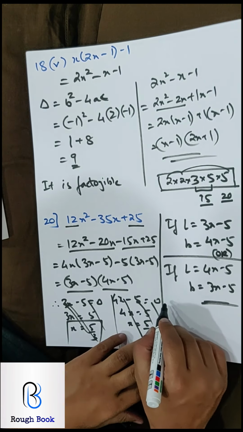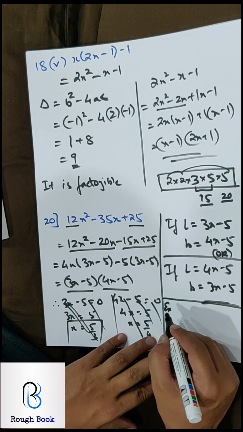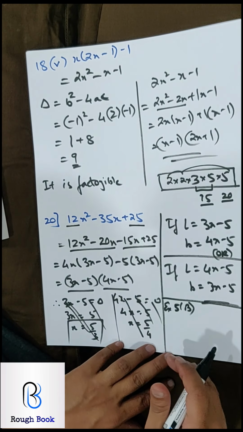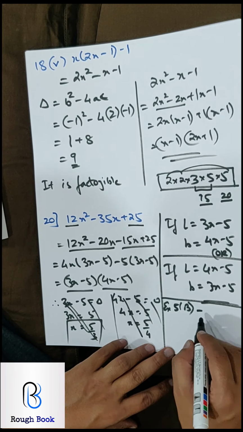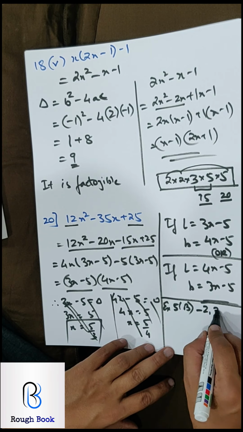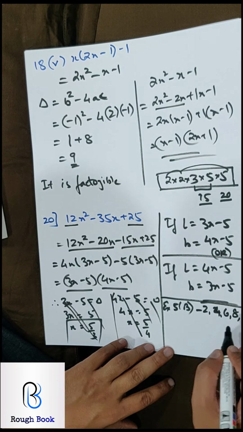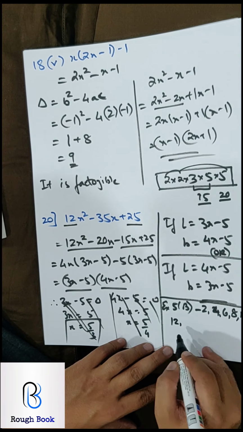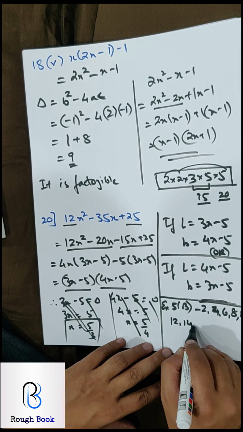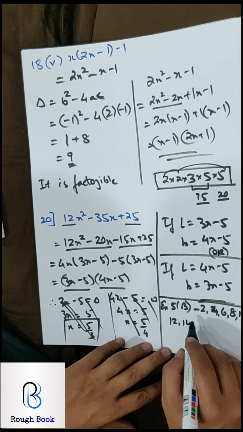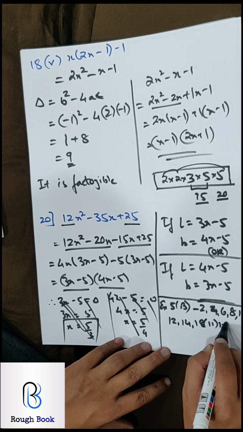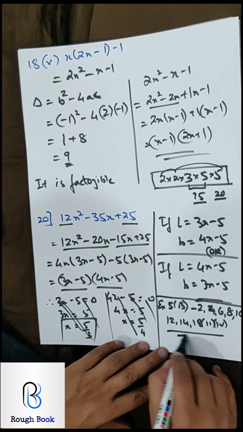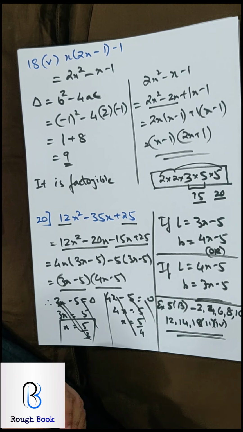The following sums should become your homework. Exercise 5B. Now these sums which I have done in the video, obviously you are going to do. Apart from that, few more sums for practice. So you can try 2, 4, 6, 8, 10, 12, 14, 15, 16, 17 we did, 18 part 2 and 4 and 19 we did, so you have already done that, 20th we have done. So all sums are nearly covered.